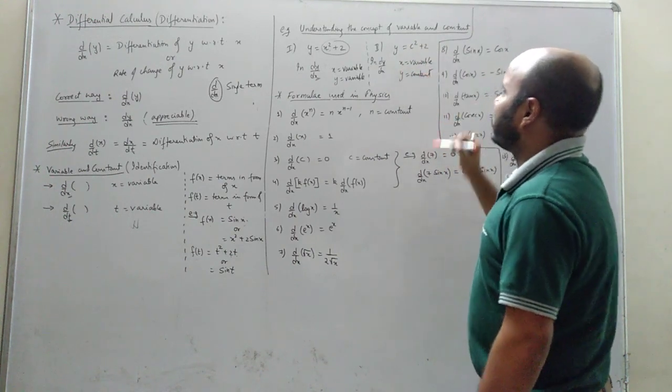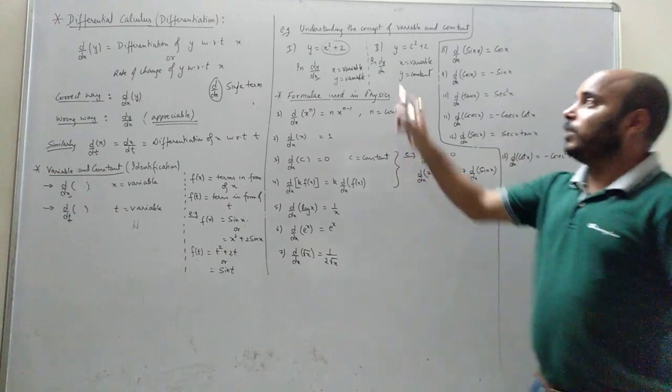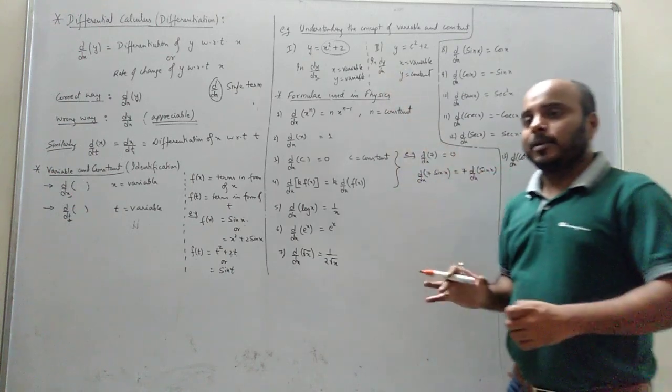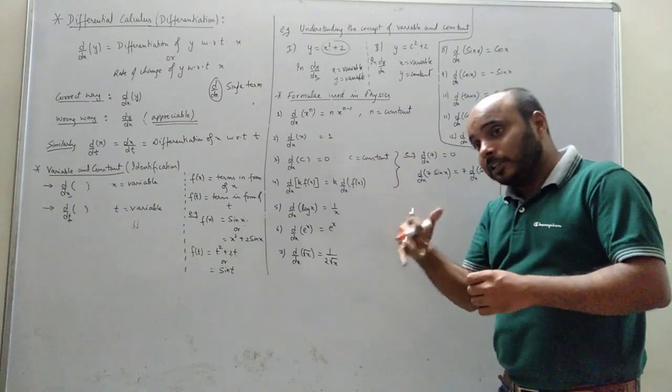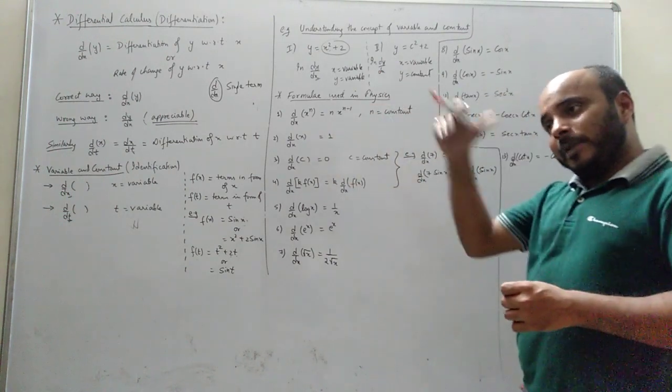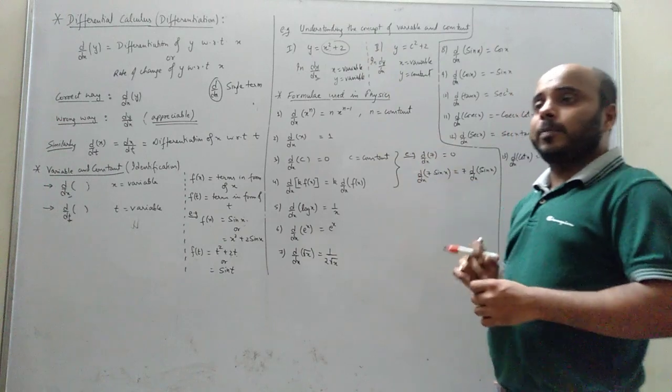Okay. So in physics also you need to think like this. From the differentiation, you will understand what is a variable. But for the other parameters you have to think whether they are depending on that numerator or not. If it is depending on the numerator, then the other parameters are also variable.